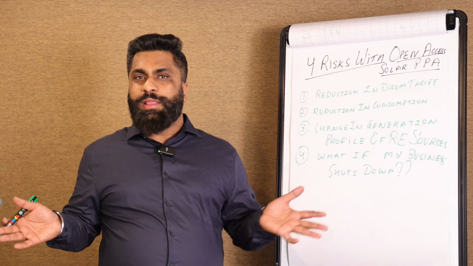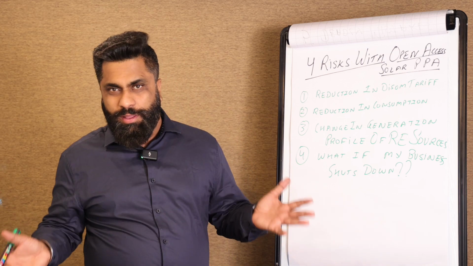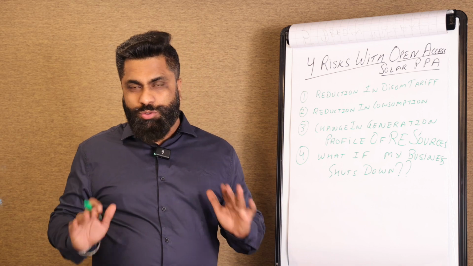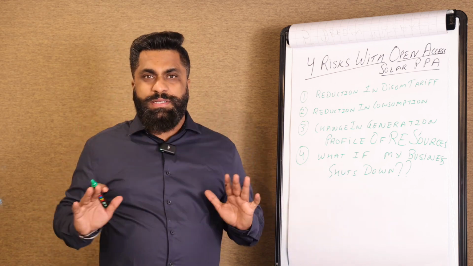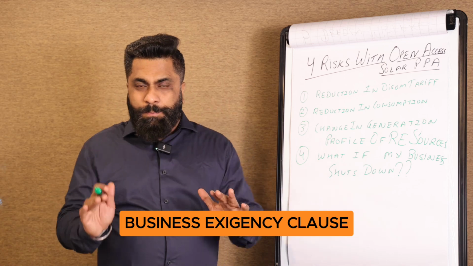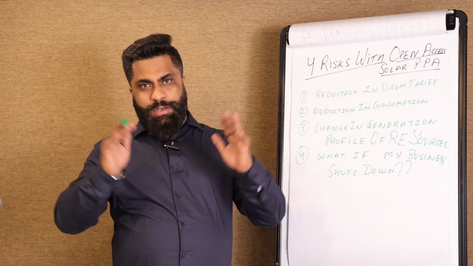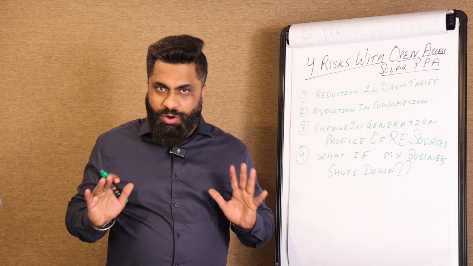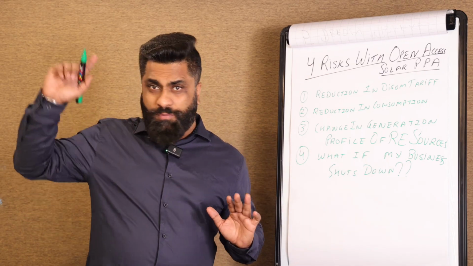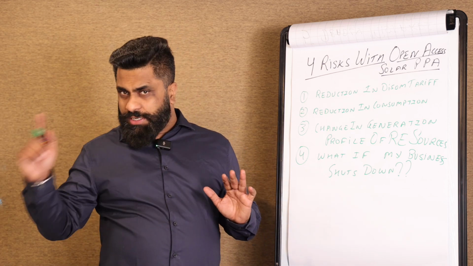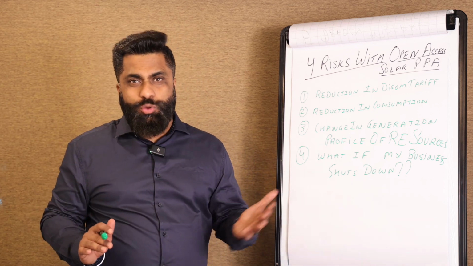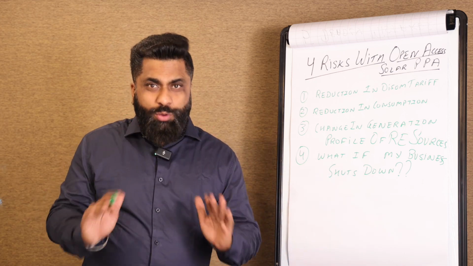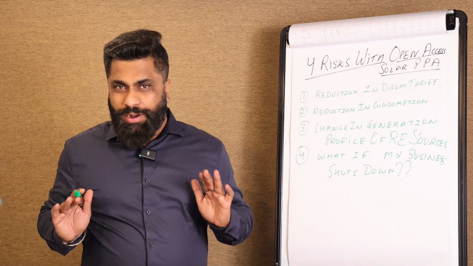The reason could be anything, could be demand, could be supply, but you should definitely be aware of this risk. And the biggest mitigation that you should sign up for while signing the PPA is a business exigency clause, wherein by giving a certain notice period, let's say 12 months, 15 months, 20 months, you get an option to actually exit the contract without paying any penalty. Because on one side, the business is struggling and that's why it is shutting down, and in parallel, you are paying huge penalties while having entered into a long-term contract. So this is a must-negotiate clause in such eventualities.